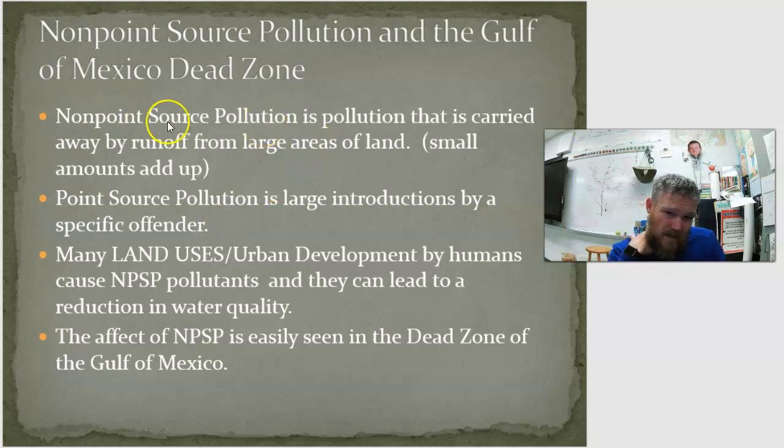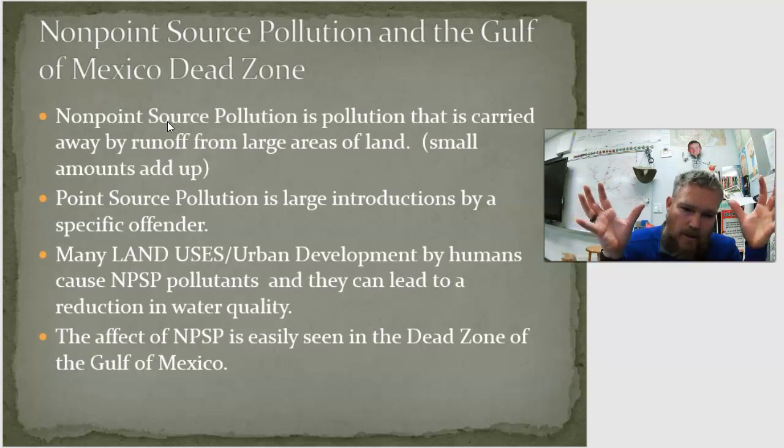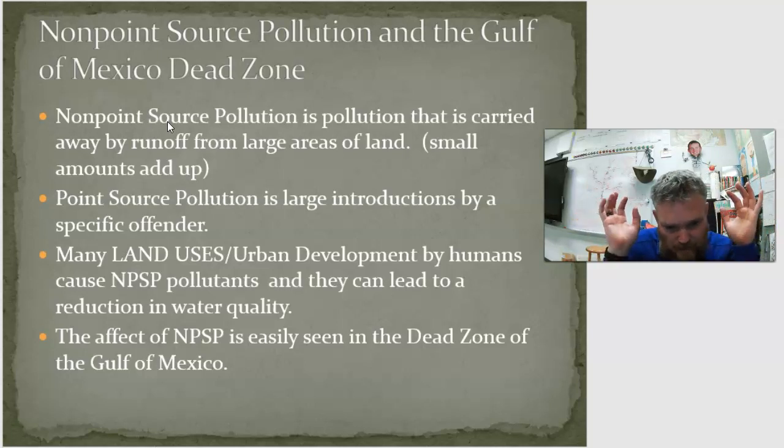We talked about non-point source pollution being small bits that add up. You can't really point to the source. Point source is where we have events where people intentionally or unintentionally put large amounts of pollution into the area. Think BP oil spill back in the day, which I don't know if you guys even remember that, but